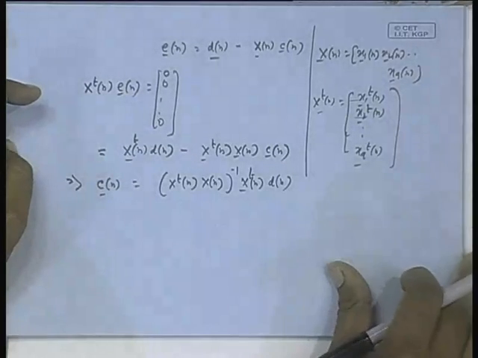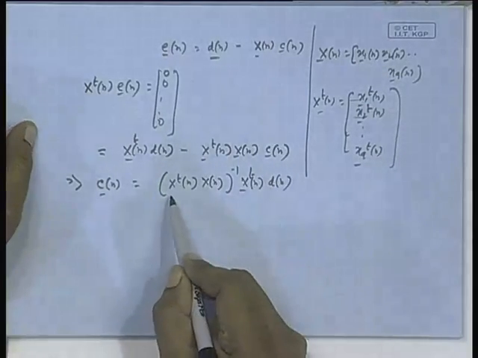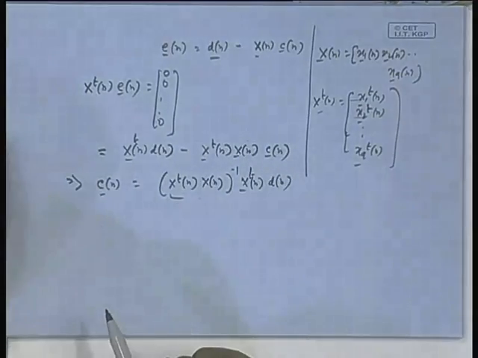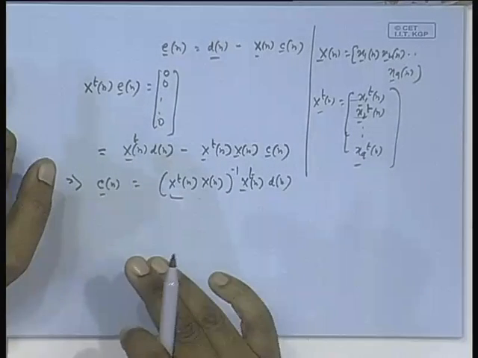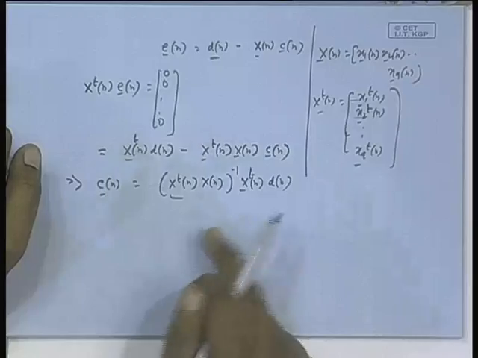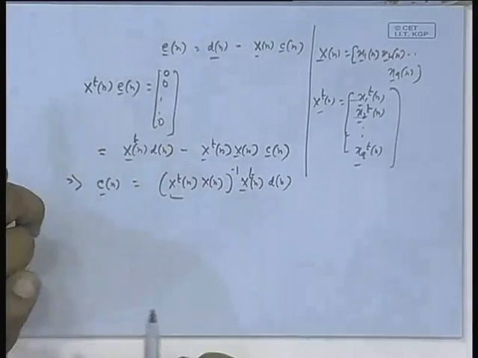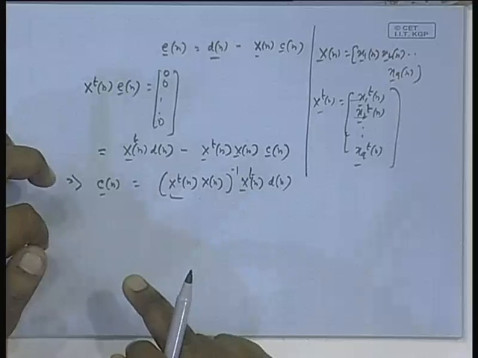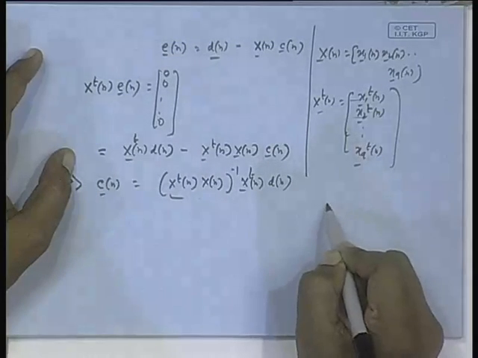When does the inverse exist? Let us see this first. This is very important. First, look at this matrix X transpose X. This is a Hermitian matrix very easily, because if you take a transpose, you get this back. X transpose X, again Hermitian matrix. No conjugation here because I think nothing is complex. It is a Hermitian matrix. Further, not only Hermitian, it is a non-negative definite matrix as such, because any non-zero